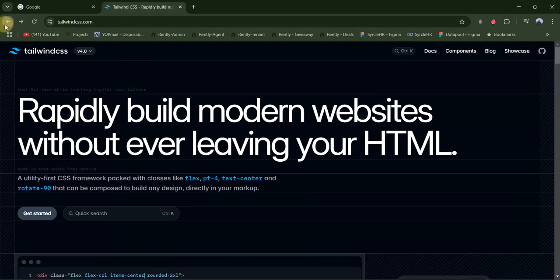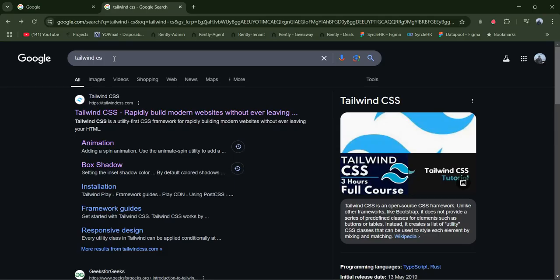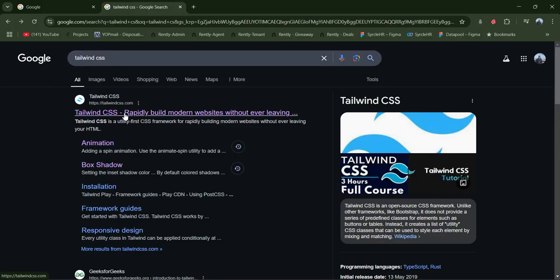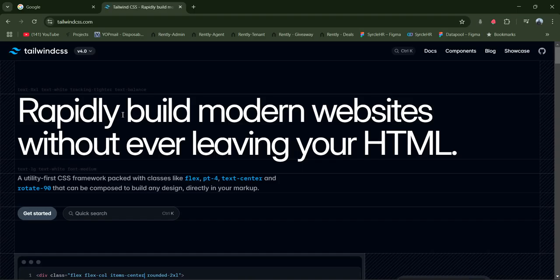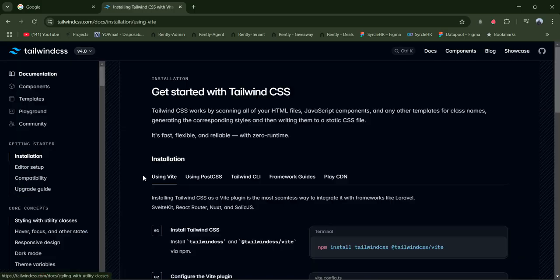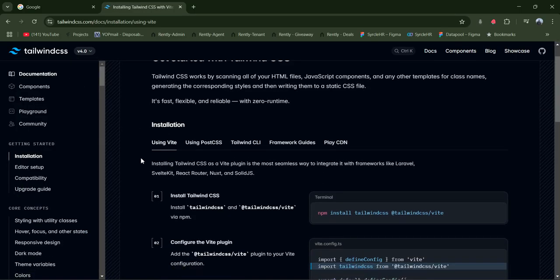So hello guys, in this video I'll be showing you how to set up and use Tailwind CSS in your React Vite project. So we'll go to the Tailwind CSS website, and there's a little catch here. In the previous versions of Tailwind, the installation is almost the same, but there's a little change here in version V4, like V4.0, and this is the latest version which I will be showing you. So let's go to the get started button, and as you can see, there's a little